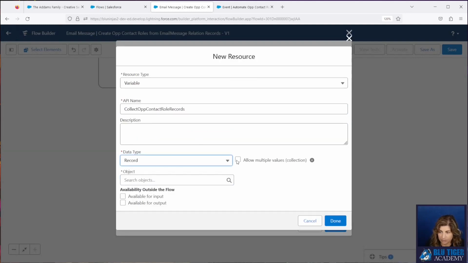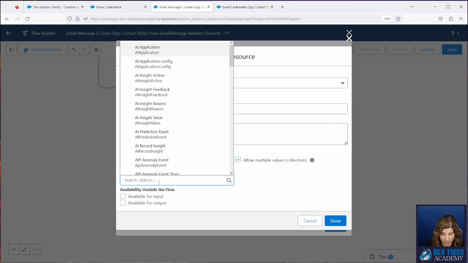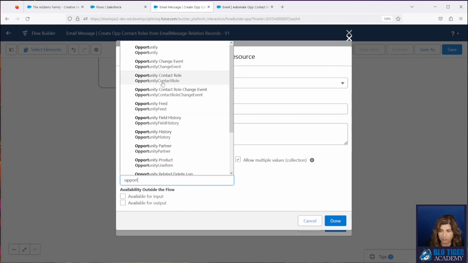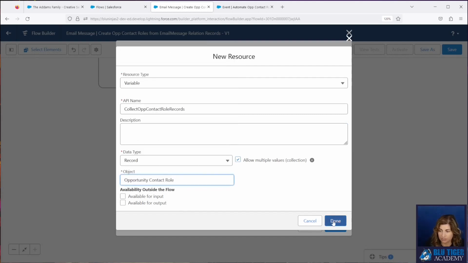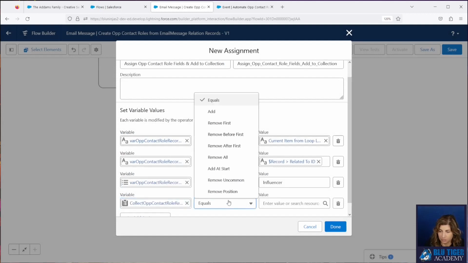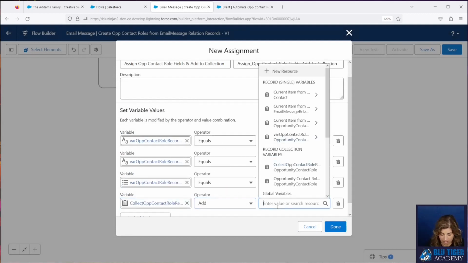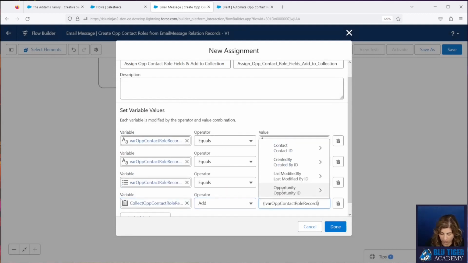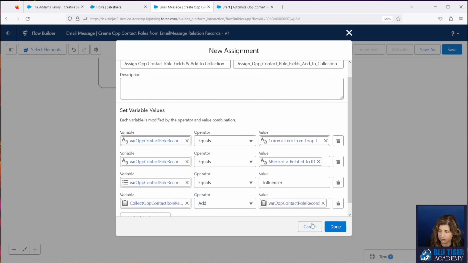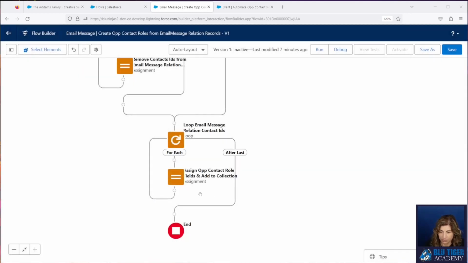This is going to be a record. It's going to allow multiple values, and it's going to be on the opportunity contact role object. We're going to add the op contact role record. Your next step is to do a create records.